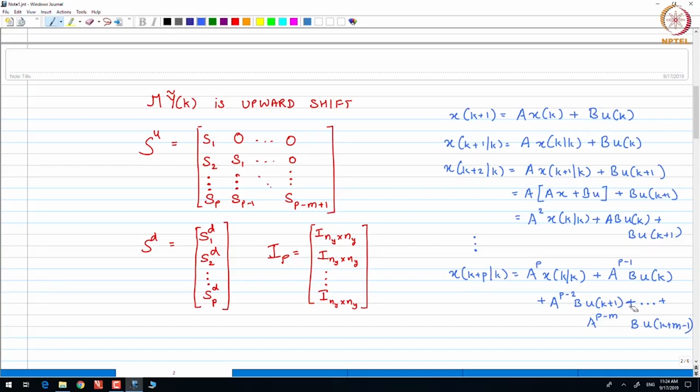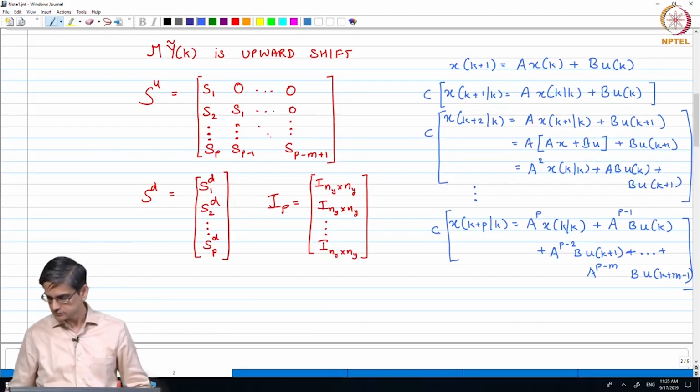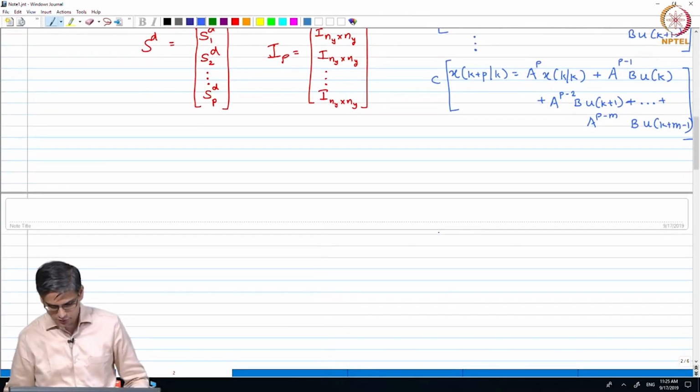Actually, it will be p minus m, k plus p minus 2, k plus p, k. Each of these we can multiply with c. What will the left hand side be? It will be y k plus i at k, right. So, you are going to get